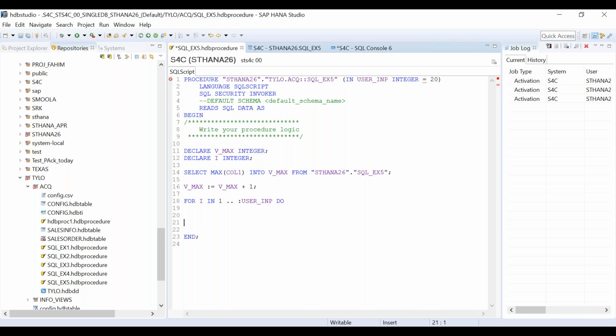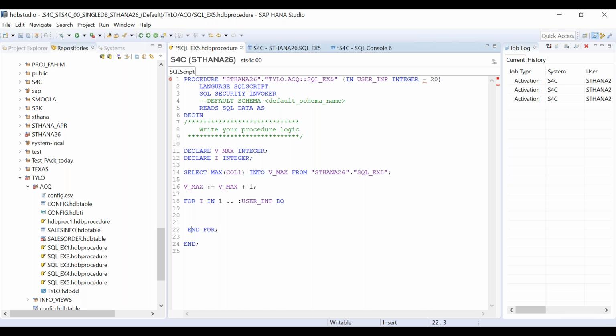Do you follow what I'm saying? From 1 to how much value? If it is 20, then from 1 to 20 it should loop. And the values 1 to 20 will come and reside in the I variable. So I will be holding the iterations from 1 to 20. User input could be anything, 2, 5, 10, 20, 100, anything. Okay, I will write do. And first of all, you end the syntax and for.